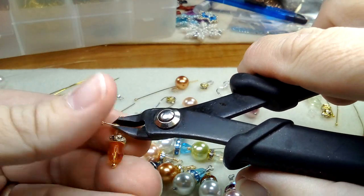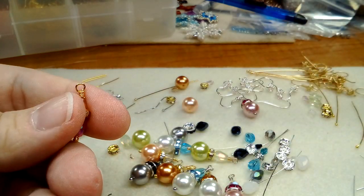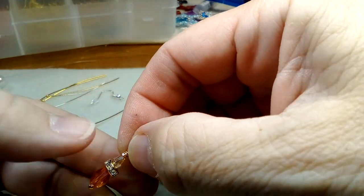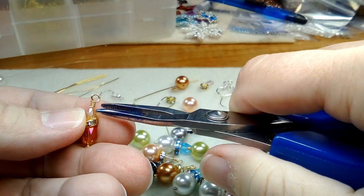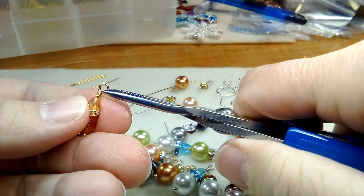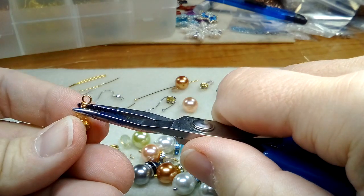Yeah, I kind of had this in mind for my nieces to do a bunch of little things to put in a little box and ship it off to them. May not get it right at Christmas, but